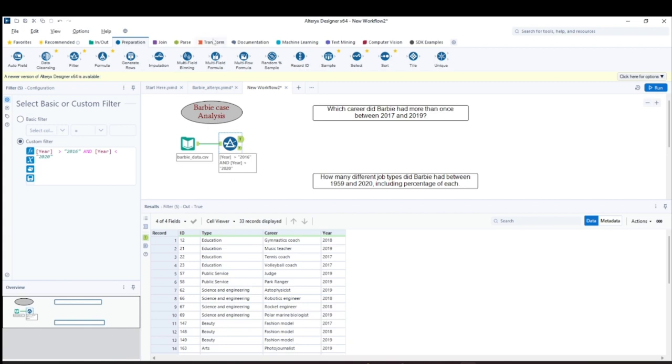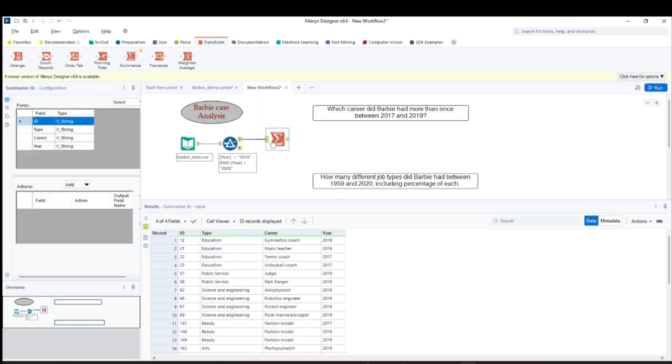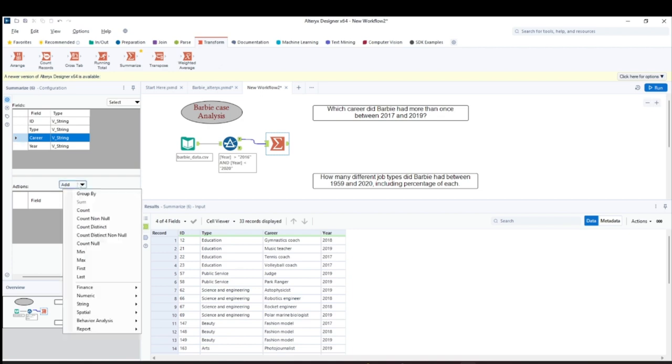For this we use one more tool, which is in the Transform ribbon, and this is Summarize. Place it in the workflow, attach it to the filter, and then you can get this configuration. Now you simply select the field. What do we want? We want career. I select this and add.